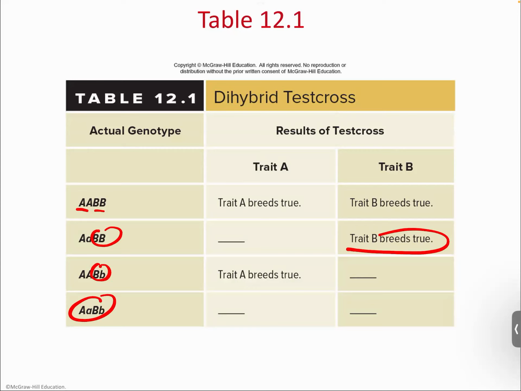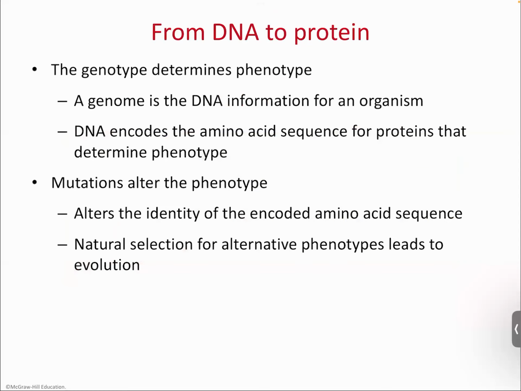So in a lot of ways, you can actually use a test cross on organisms like this, where you have lots of different genotypes and you're just trying to figure out what they are. This is a really, really quick and dirty way to do a lot of genotypic analysis on some unknowns and to really figure out what you've got a hold of, especially if you've got a large population of unknown organisms with unknown